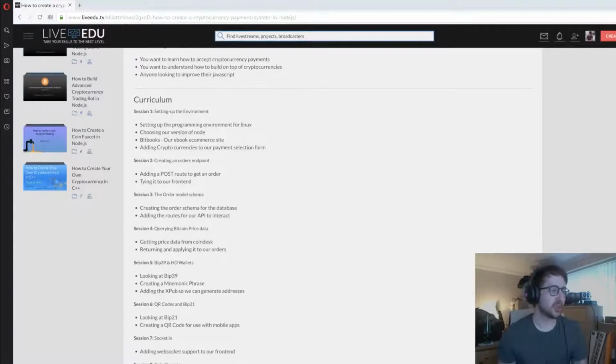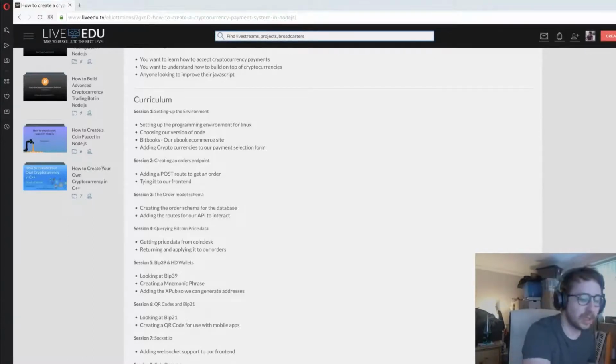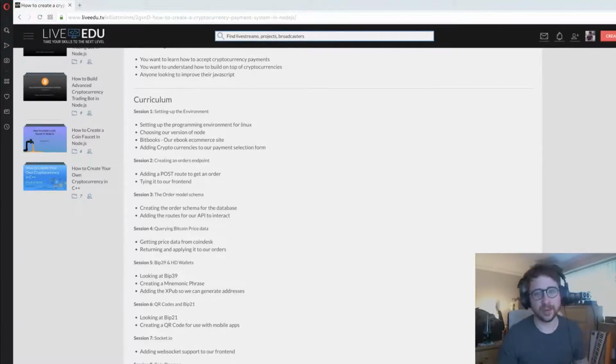So in session 2, we create an orders endpoint. We add an endpoint to create a new order and store it in the backend, so we assign it a cryptocurrency address. It's slightly different, but normally in a payment system you would create an order when they pay, but in this one you create an order beforehand, or at least a purchase order, and then you send